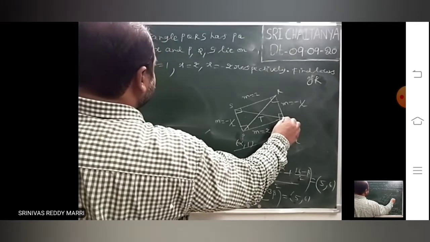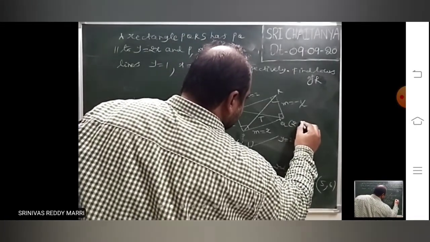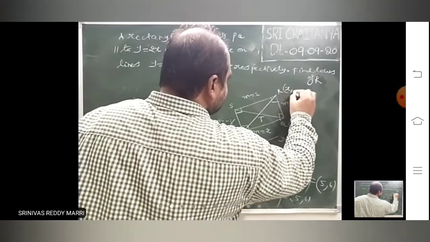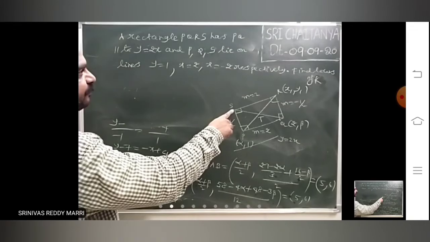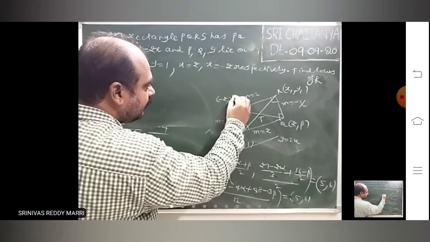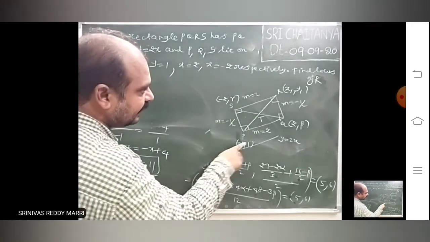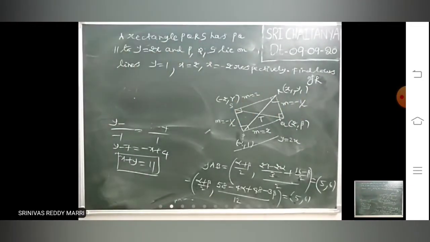So now Q point lies on the line x equal to 2. Take the point arbitrarily 2 comma beta. This is the one locus you have to find out. Let us take locus point as x1 y1. Now this S point lies on x equal to minus 2. Take minus 2 comma gamma. Here variables are alpha, beta, gamma. You have to find an equation in x1, y1. So you have so many conditions.